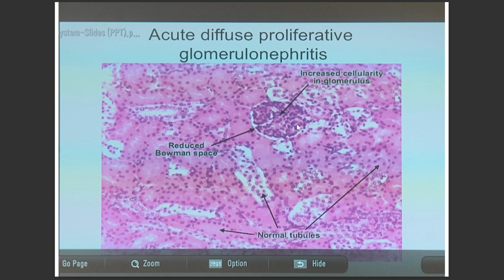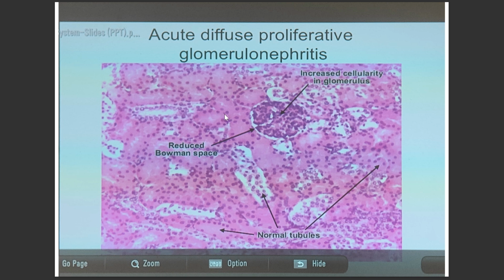This is the slide of kidney, because here glomeruli are present. But notice that here the Bowman's capsule is reduced, so it indicates that inflammation has occurred in the glomerulus, that means in the tuft of the capillary. And here you see a lot of inflammatory cells aggregated in the glomeruli, so the glomerulus is inflamed. And you notice that these are the renal tubules, and they are normal,